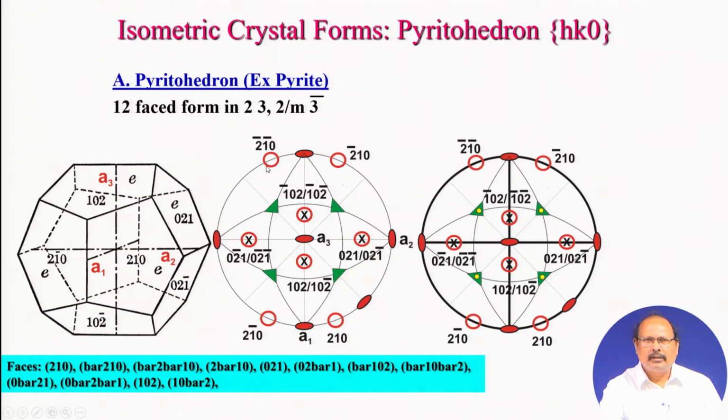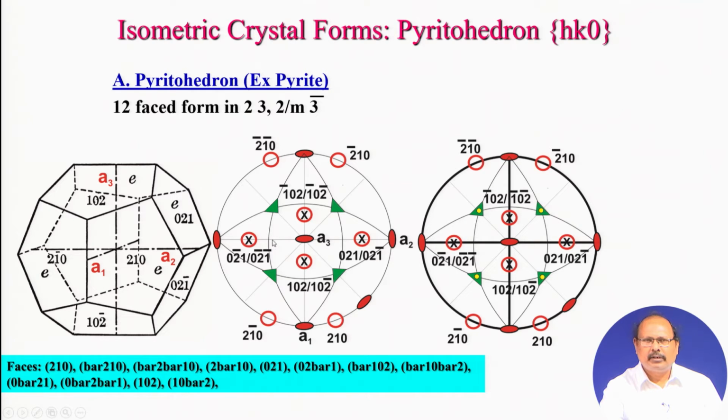So, this face will be a vertical face and lies in a zone between bar 1 0 0 and bar 1 0 0. So, the nomenclature will be bar 1 bar 2 bar 1 0 here, and this one will be rotated 120 degrees. So, this will bring this particular open circle here, and this will be lying between this